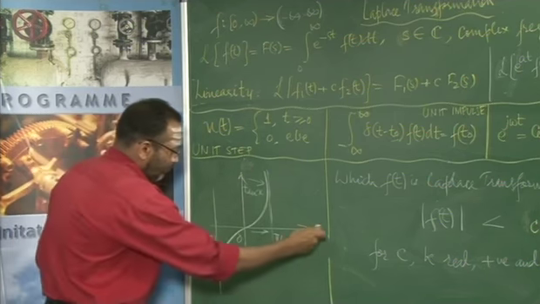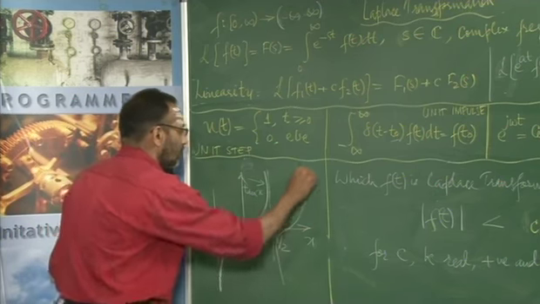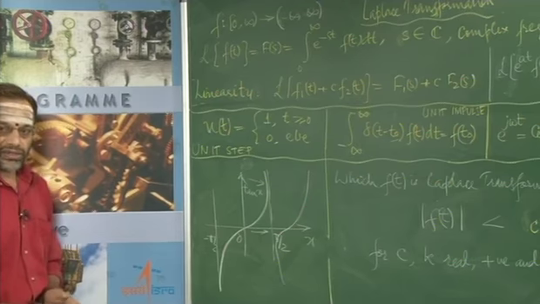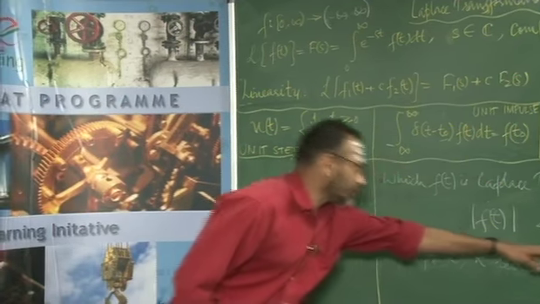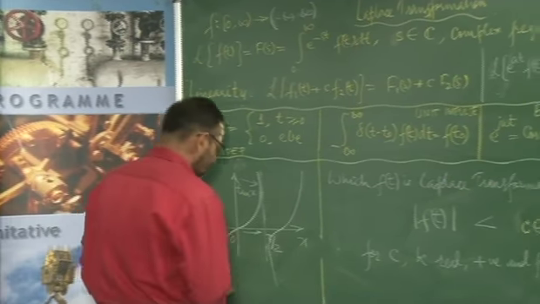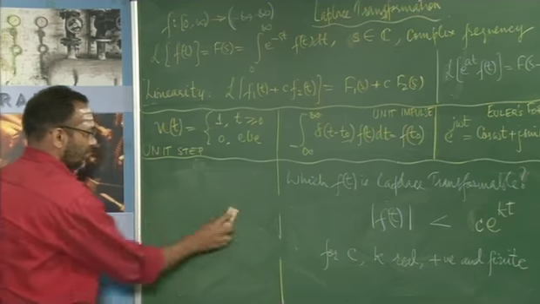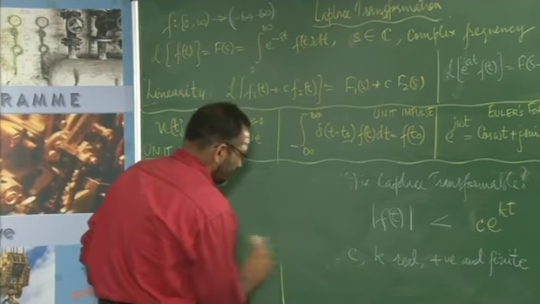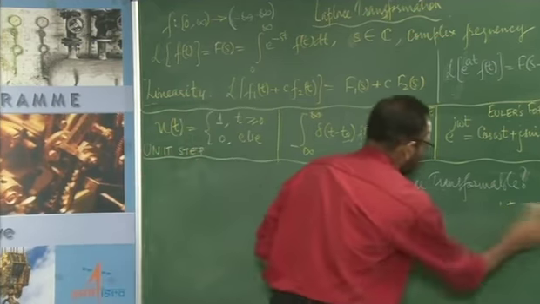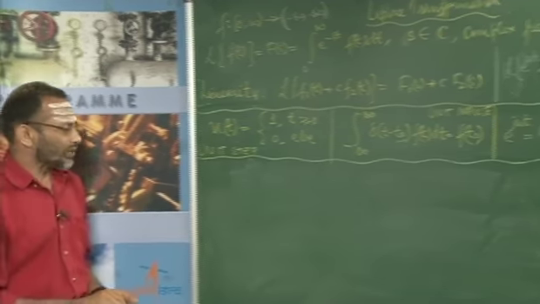When you approach pi by 2 from the right, it goes to minus infinity and the function goes like this. Therefore, a function like this is not of exponential order. Therefore, you should not ask what is the Laplace transform of tan of omega t or tan of x. So, there are some functions which are not Laplace transformable, but the good news for us is most of the functions that we are going to deal with,